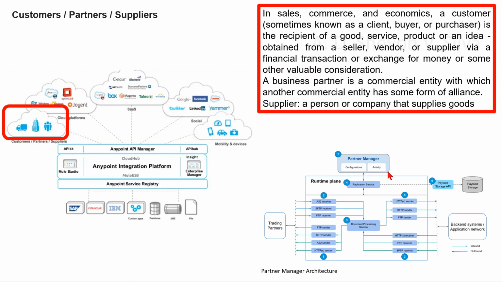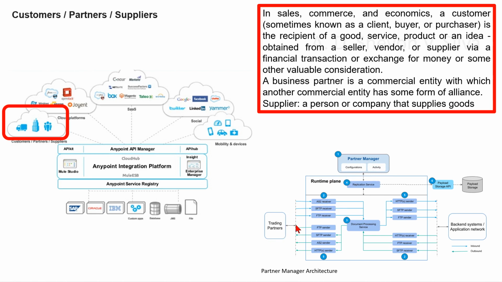Here, configurations and activity are in Partner Manager. Partner Manager interacts with the replication service. The replication service is in the runtime plane, and the replication service is connected to the payload API. The API is connected to payload storage. Here, one, configurations and activity are in Partner Manager. In the 2 here,